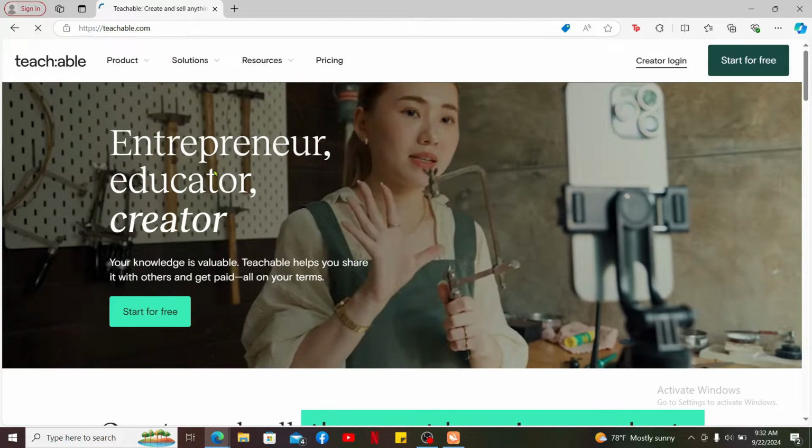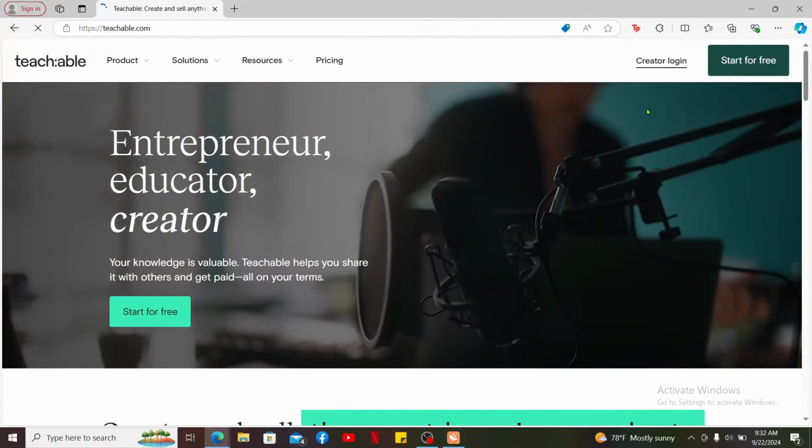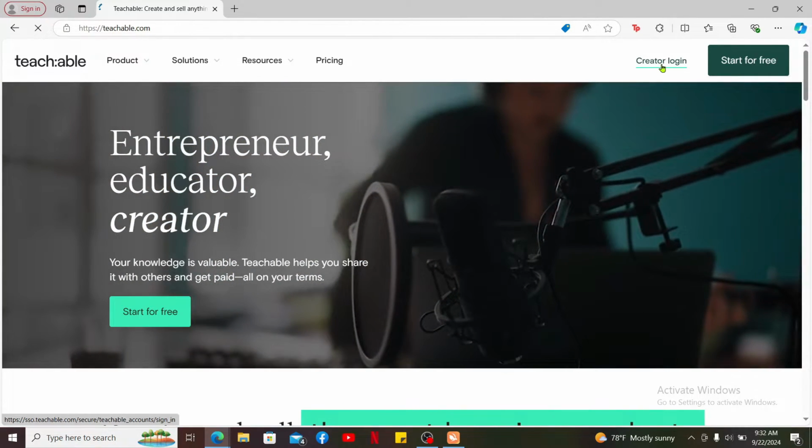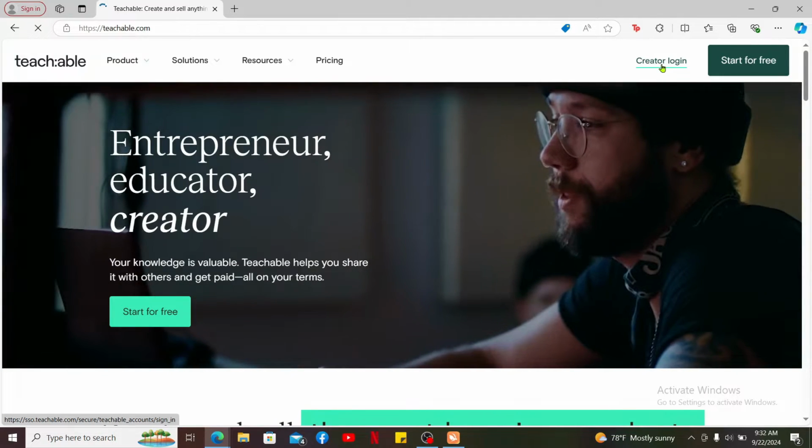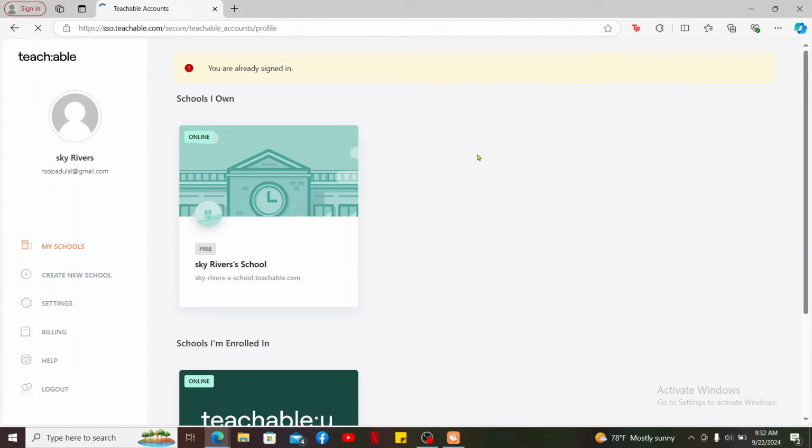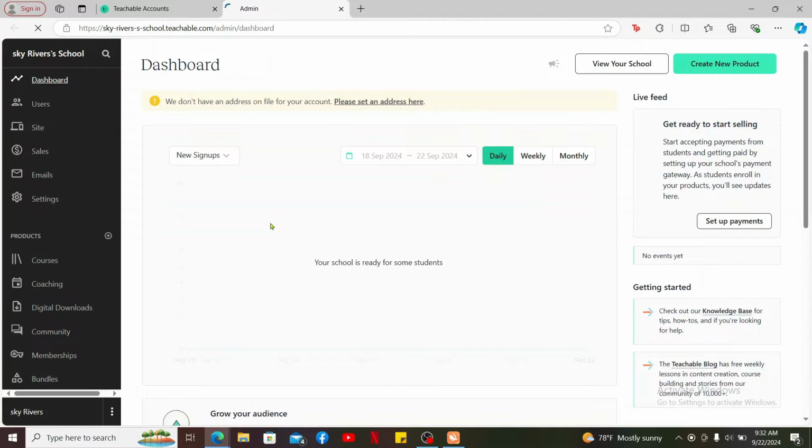Once you get to the official web page of Teachable, click on the Creator Login button and sign into your account after entering your credentials. Once you are logged into your Teachable account, go ahead and navigate to your course and click your course open. Soon after you open up a course, go ahead and click on the Users button on the left-hand side menu